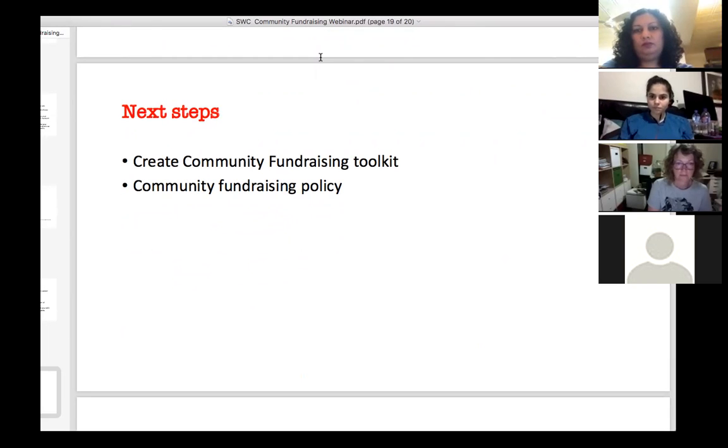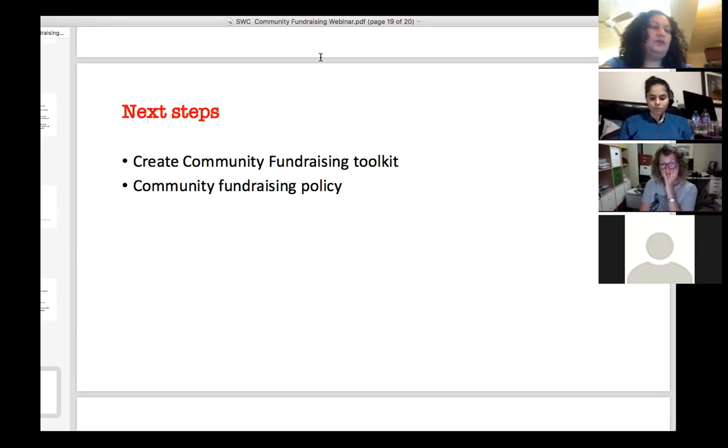Yeah, look, I'm wanting to make it easier for people to support ActionAid. So I'm looking to get an online toolkit together that'll have examples of letters that you can write to organisations, I mean, workplaces, to get on board, Facebook tools that you can pop in your profile photo, and lots of little bits and pieces, email signatures, step-by-step guides, everything that you can think of to support community fundraising.